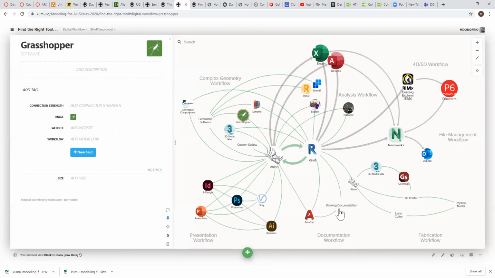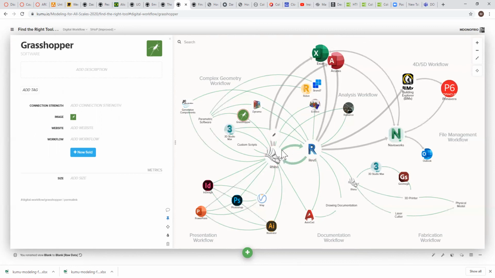So again, this is perhaps a more complex relationship than you might develop for your own process. But I just wanted to show it as an alternative to the overly simplified circular workflow that I had shown the other day, where this gets into a little bit more of the tools and techniques that one might use when designing a building and thinking about the relationship of how you go from modeling to documentation to presentation,